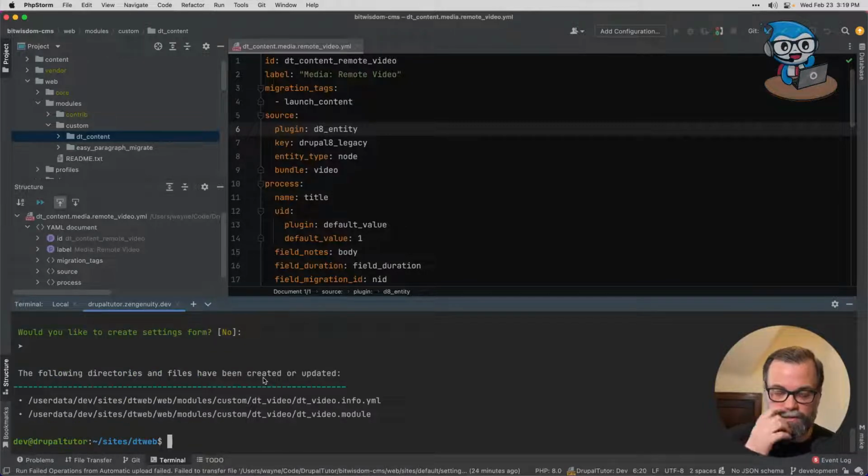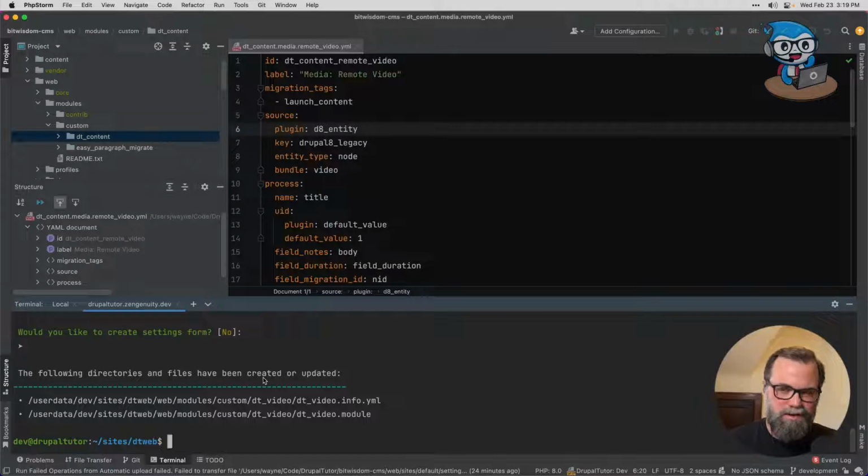I'm going to set the settings. There will be settings for this, specifically the API key for accessing my Vimeo account. We're going to set that in settings PHP. I'm not going to create a configuration form for it. I mean, if I was going to distribute this, or give it to a client or something, I would build a configuration form so they could put it into the site. But